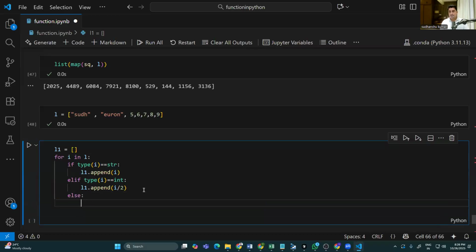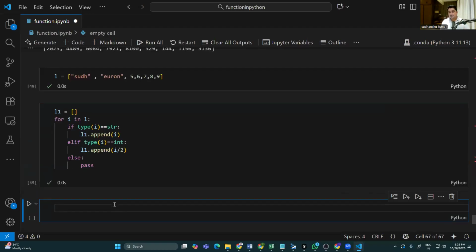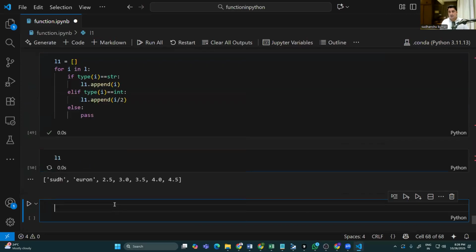Else pass. Yeah, pass means do nothing. I'm not writing any logic over here. Else pass, so just pass it on. Execute. Now if I check my L1, wherever we had a string,